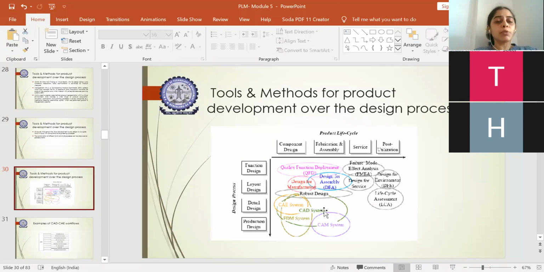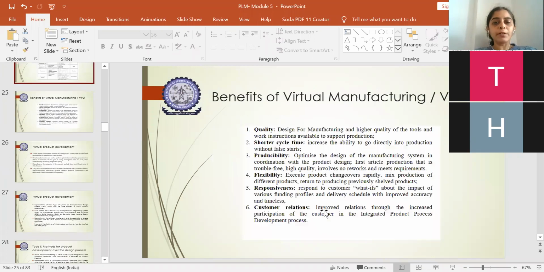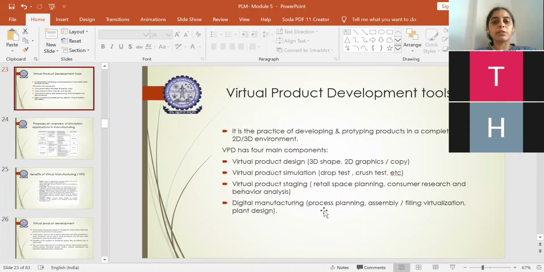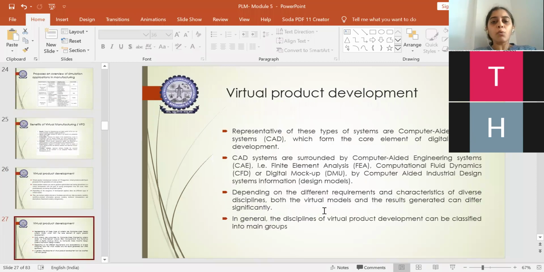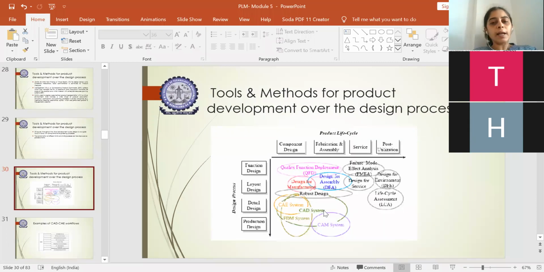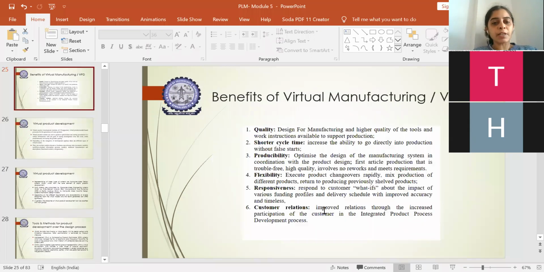So if they ask you to explain the tools and methods, previously what we dealt with, the tools, benefits, so these are the simulation tools what we studied. Both the simulation tools and the methodologies have to be explained, and you will show how it works by drawing a diagram. And if they ask you the benefits of it also, you can explain the things which were explained in the previous class. Okay, it mainly depends upon how the question is being asked. So based on the question asked, you kindly explain as per the question. Don't go out of the way of the question which is being asked.